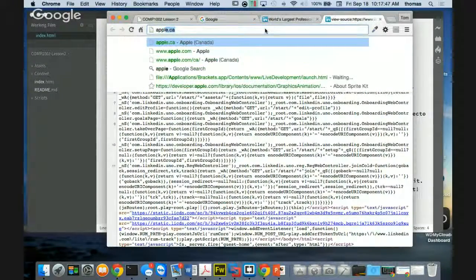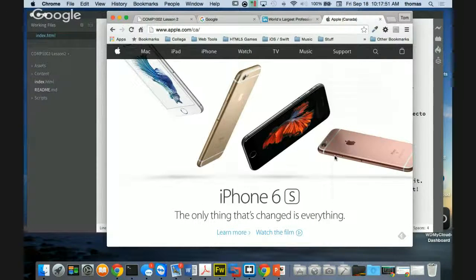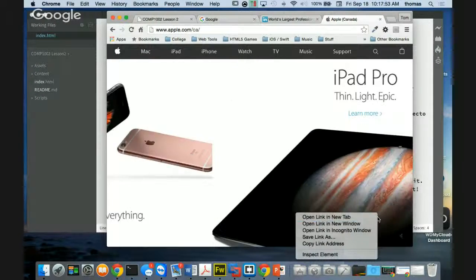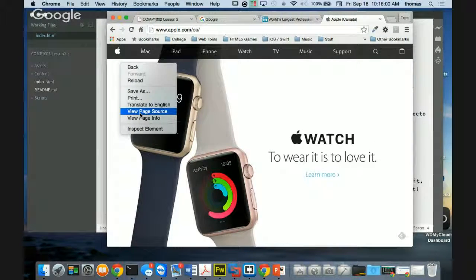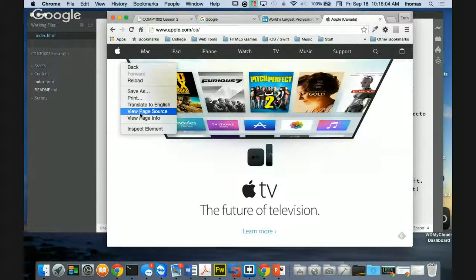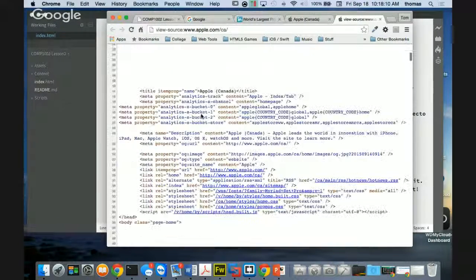But there are some pages out there, especially pages with smaller companies, or even some big companies. Let's go to Apple. I'm going to right-click. Ah, there it is. Lots of images, right? And my context menu doesn't know where to come up. Am I right-clicking to save the image, or to view the page source? I don't know, right? So, view page source. I can do that, and you can see now that there is a little bit more